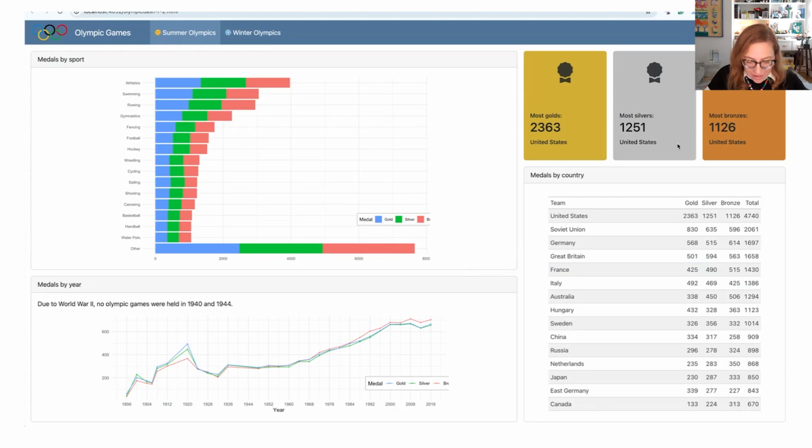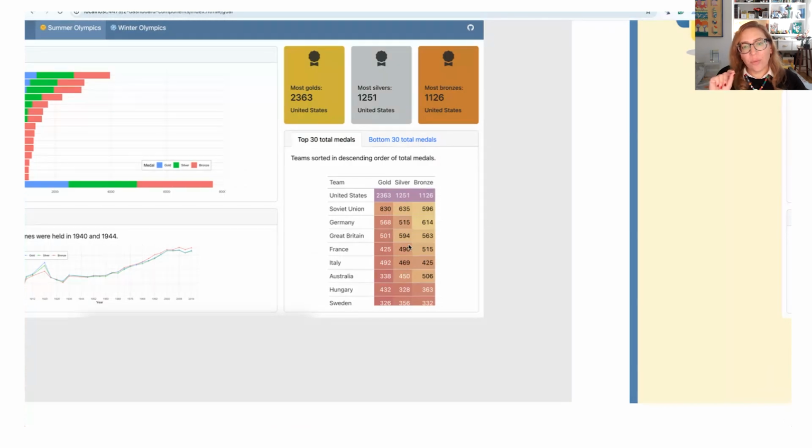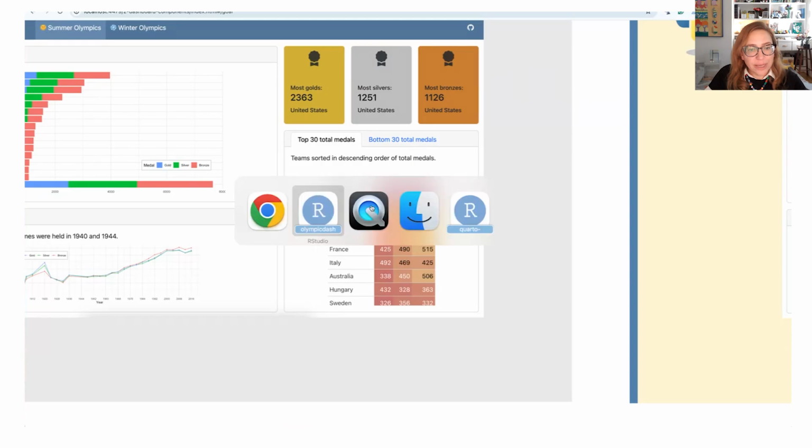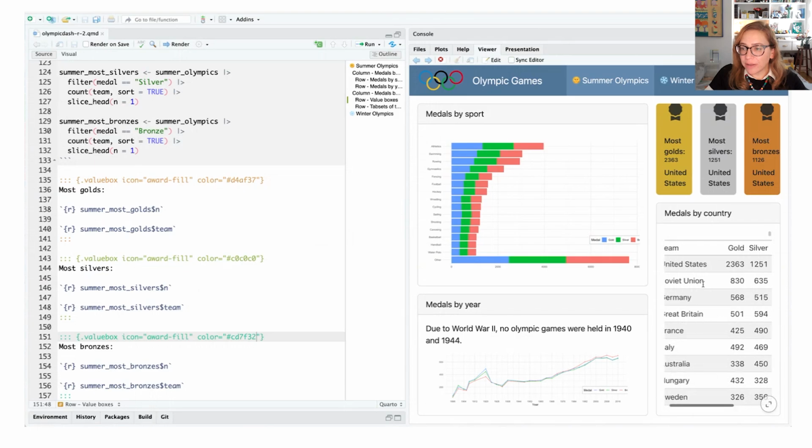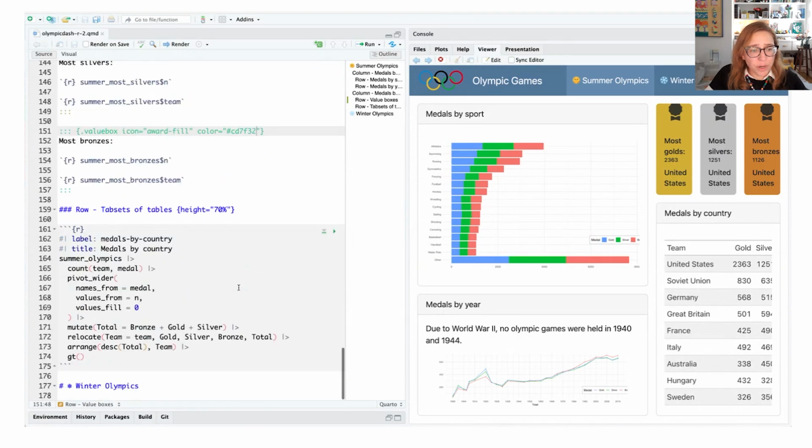So what's left to do here? What's left to do is something about the tables finally. So let's take a look at our goal. It looks like we want to find the top 30 medals and bottom 30 medals. And then we're going to apply some formatting to that as well. So currently our table over here gives us a single table of medals by country. So we're going to want to split this into two. And we are going to want the results of those across two tab sets.